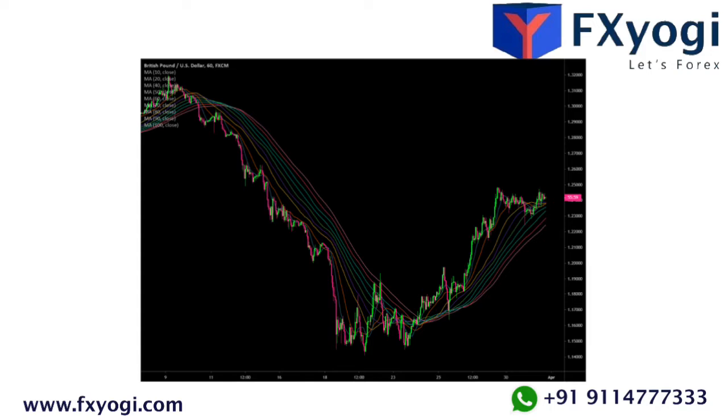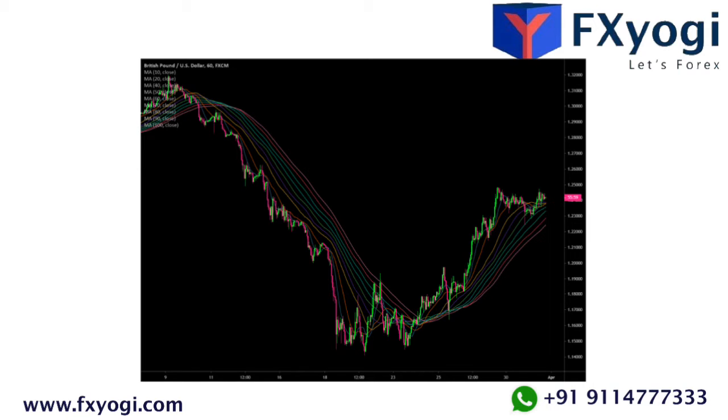Think of each moving average as a magnet and they are attracted to each other. They do not want to be too far apart from each other for too long. So when they are, they will want to close that distance.